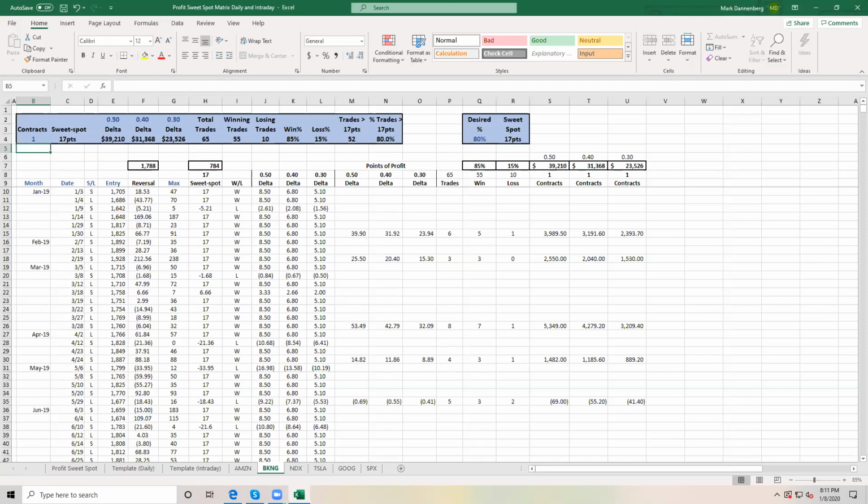Andrew is asking, is the platform installed or in the cloud so that only a sign-on is necessary? So the indicators are hosted on the TradingView platform, and it is a web-based platform. So there's no install, which means you can use it on a PC, on a Mac, anything that has a web browser. You can view the charts on it, and it also has an app that you can use as well to view the charts.